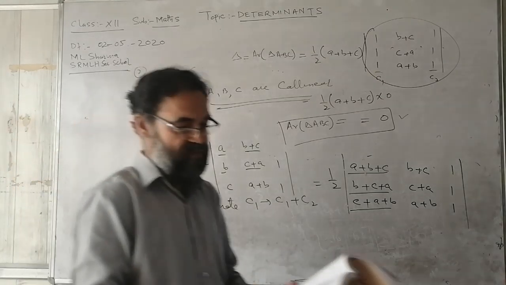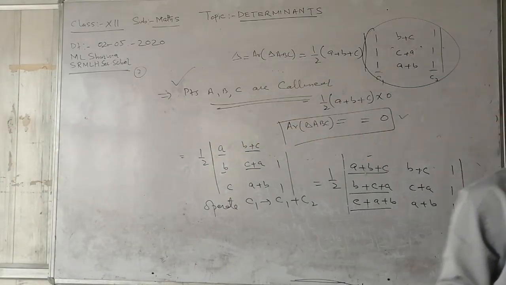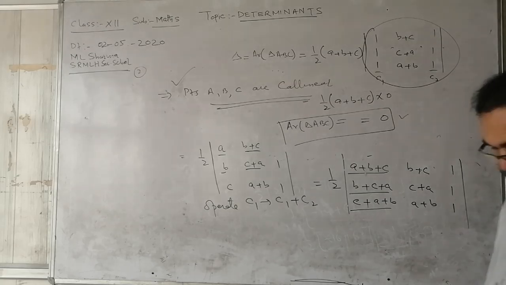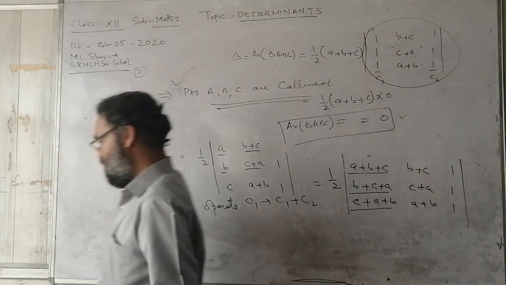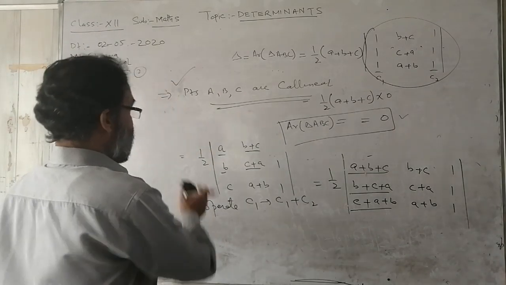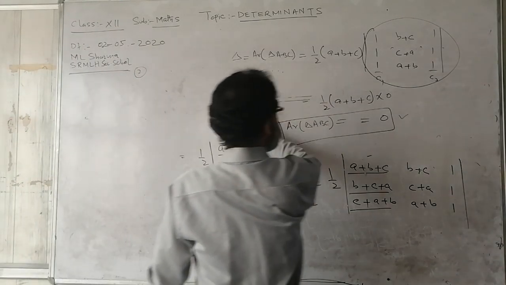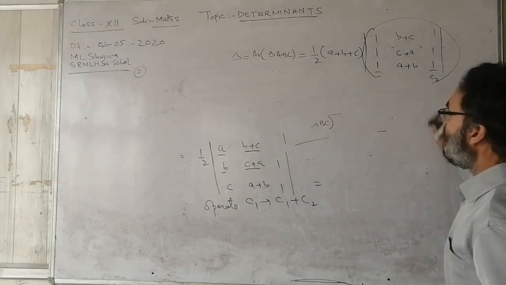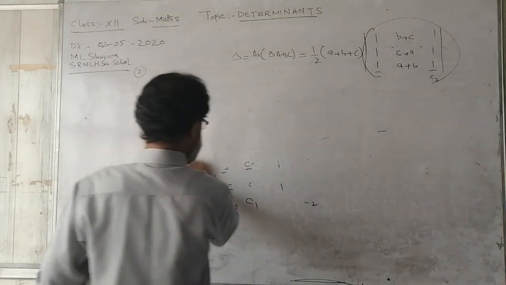So there are total 4 questions in this exercise. Out of 4, I have solved the 2 questions. Now next, question number 3rd and 4th, they are to be done in the same way. They are simple ones and can be easily solved.